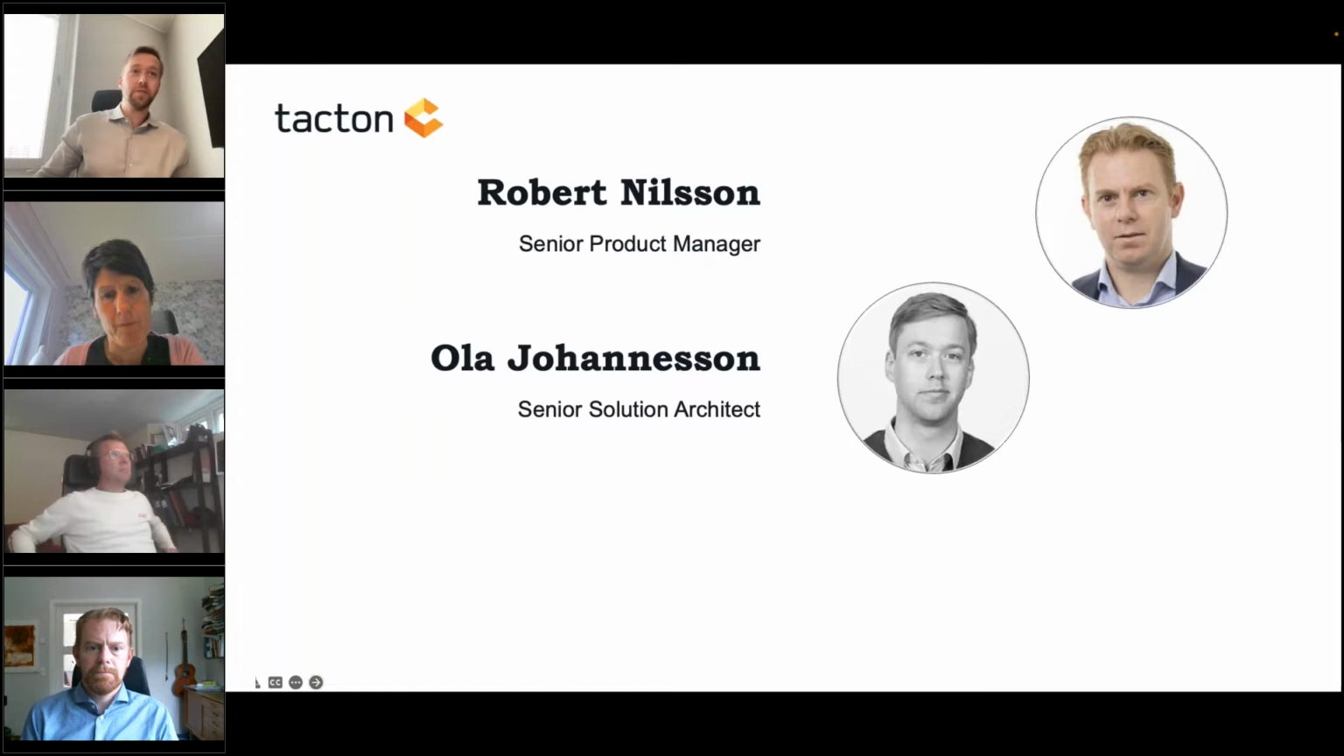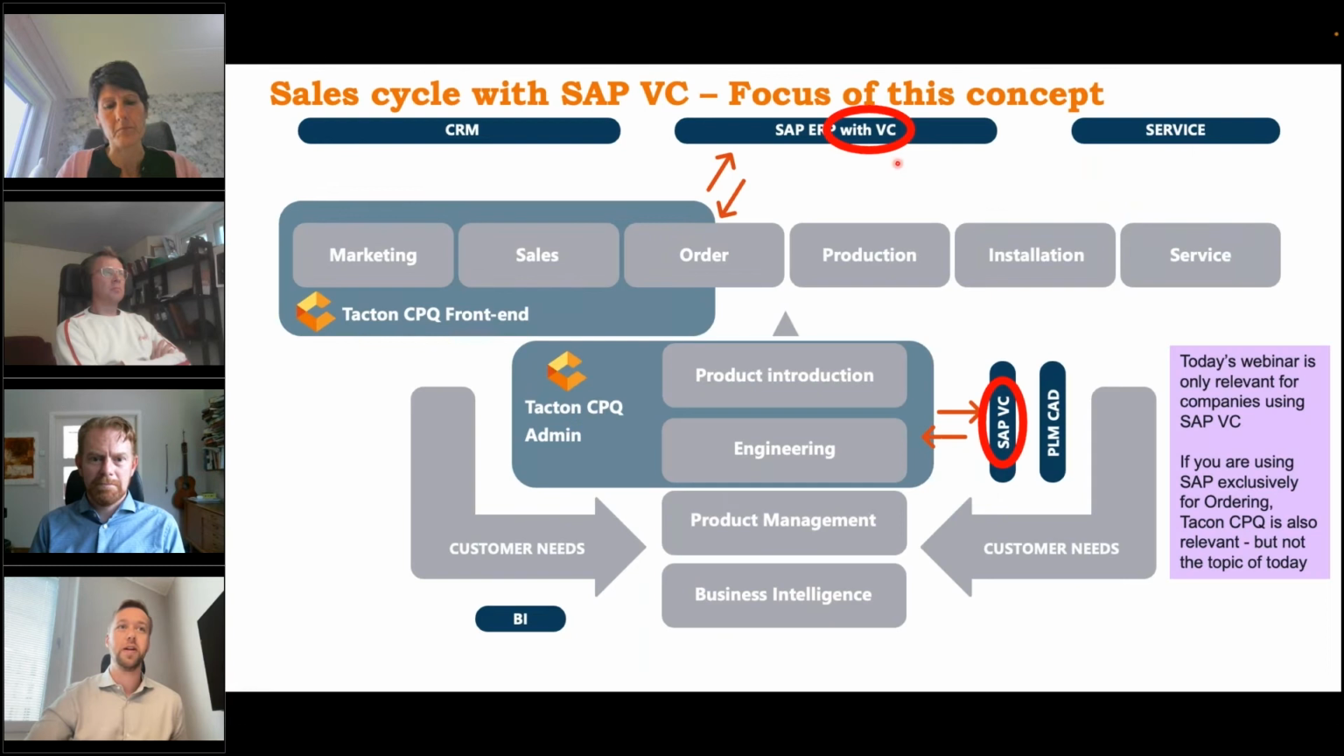So the main topic today is, of course, as the title suggests, talking about SAP VC and how we see running Tacton CPQ together with SAP VC. VC comes in play in two different places in the process. The first one being as part of the master data